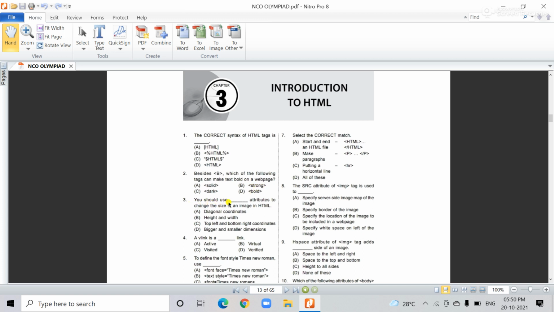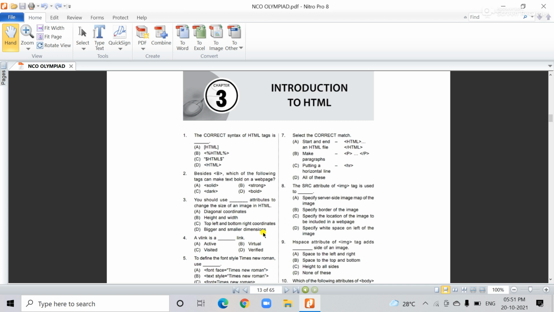Next: you should use the dash attribute to change the size of an image in HTML. Inside the HTML program there is one important function that lets the user insert an image. The question is which attribute you use to change the size of any image in HTML. The options are diagonal coordinates, height and width, top left and bottom right coordinates, and bigger and smaller diameters.